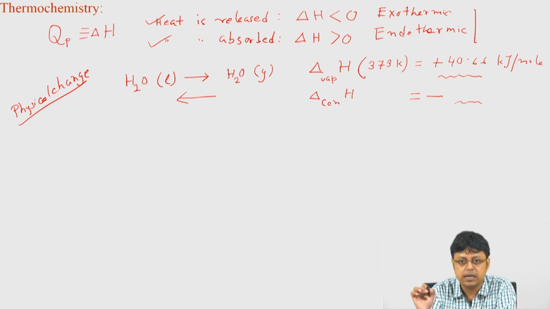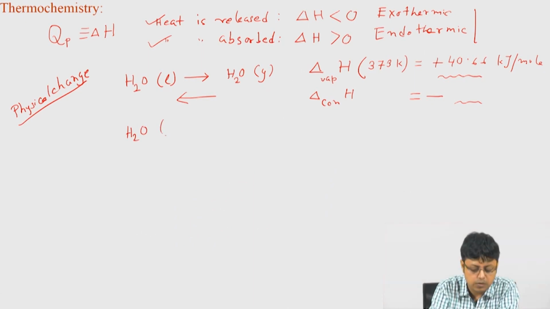Now, this means there is a reversibility already established here, and it makes sense because we are just considering changes of phase at the temperature where the phase change is happening, and also keeping the pressure constant. Similarly, you could write that when liquid water is freezing into ice, or ice is melting into liquid water,